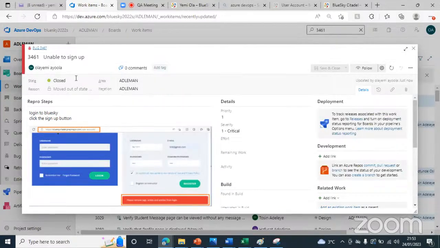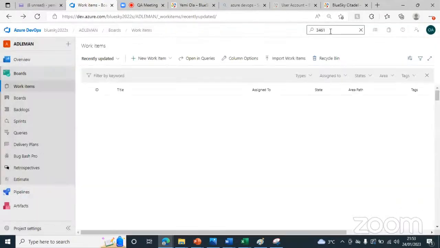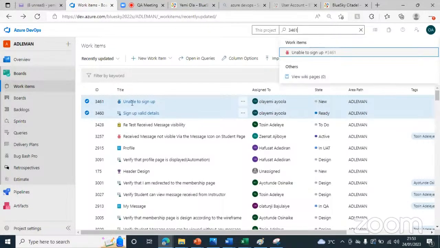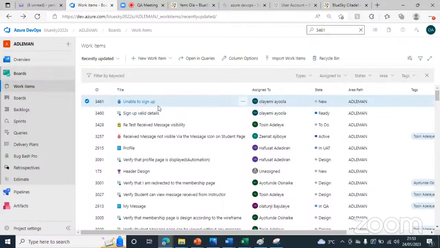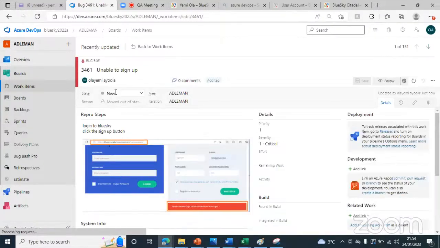If I want to save it now, I move it to new again. Once I do it, I save and close. So recheck it again. It is a new state. So I'm not saving at every step, but as long as you make a change,